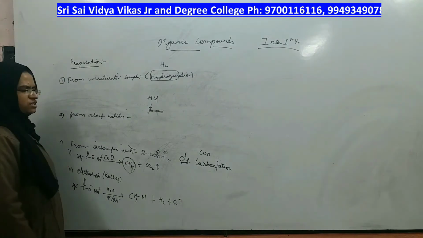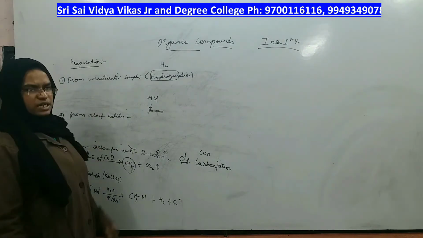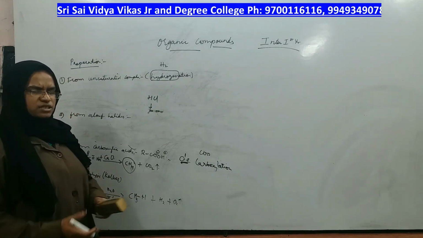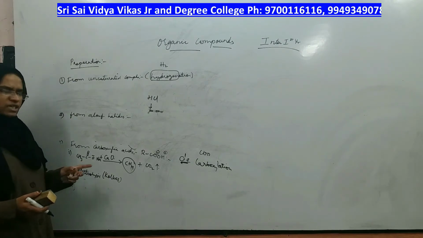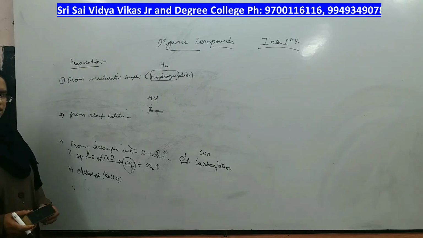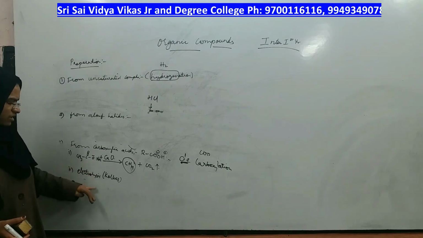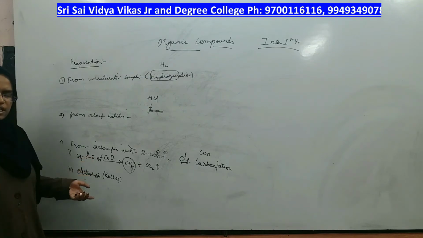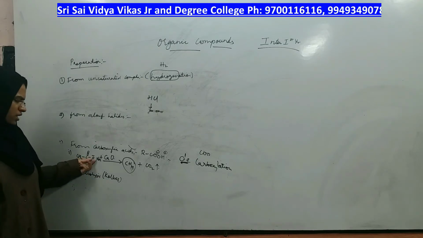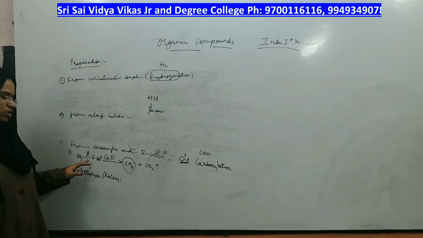Okay, these are the reactions for preparation of alkanes, right? Now we will see the properties of alkanes, what are its types. So the next type of preparation of alkanes from carboxylic acid is by doing electrolysis of carboxylic acid. Whatever the reaction, whether the first reaction or the second reaction, directly carboxylic acids are very poor acids. It will not dissociate easily. So here as well as here, you should not take the carboxylic acid directly, you should take its sodium salt, sodium acetate, sodium carboxylate, here also the sodium salt of the carboxylic acid.